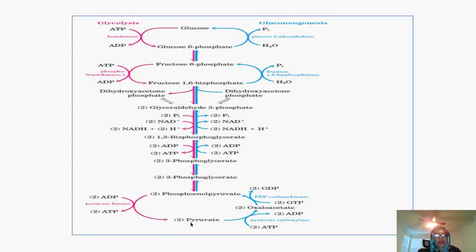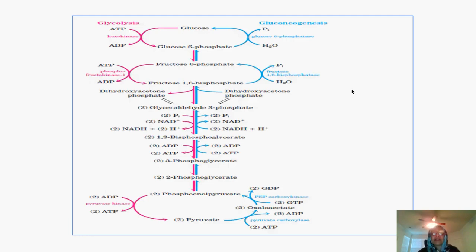Another possibility is when we have pyruvate. Pyruvate can be decarboxylated to acetyl-CoA, which enters the TCA cycle to produce more energy. So the whole purpose of glucose is to get energy. This is why we are trying to go in the opposite direction, to produce glucose, so we can send it to certain tissues to use it to produce energy.